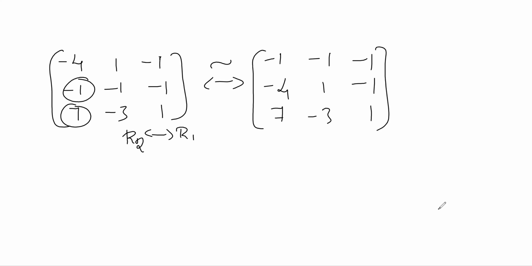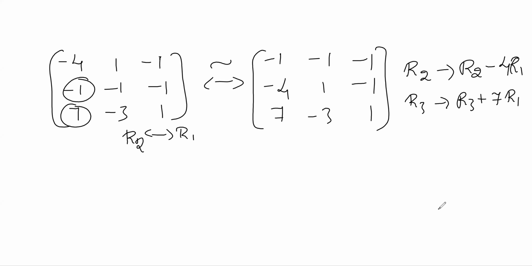So now we have to make this -4 and 7 zero. So you have to apply row operations. R2 as R2, so both are having the same sign, that means R2 minus 4 times R1. Next R3 as R3, so both are having different signs, that means you have to write plus 7 R1. To apply the row operations, we are not altering anything in the first row.